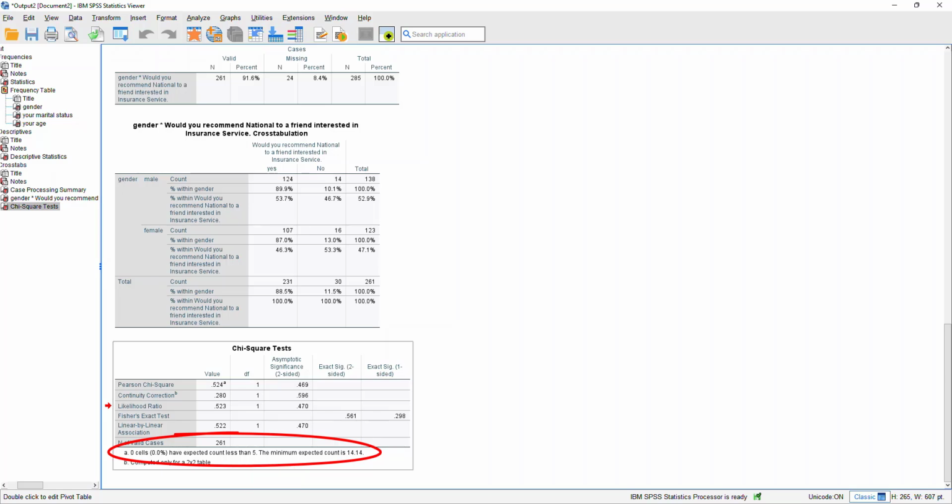In this case, the minimum expected count is 14.14, so this doesn't apply to us. But if you do run a crosstab and the expected frequency is less than 5 in any cell, you'll get a warning here. It'll tell you the number of cells that have expected count less than 5. And the idea is that the chi-square test is not really applicable or not really valid, strictly speaking, in those